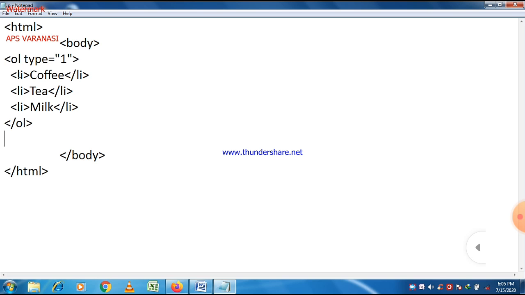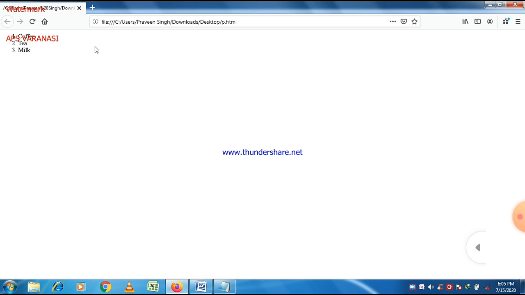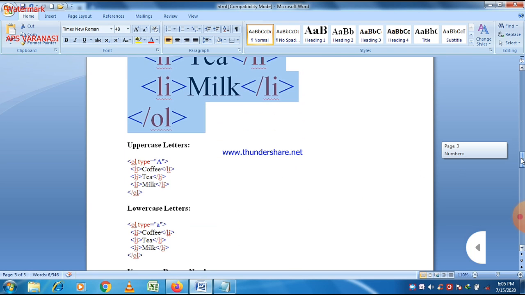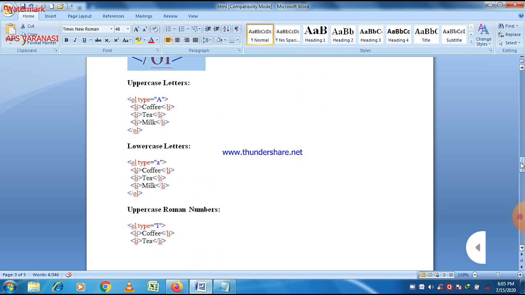And so let us execute this. You can see that, refresh the web page and nothing will happen. It means the output will remain the same, because as I told you earlier, type 1 is default. Now let us check another, an uppercase letter.